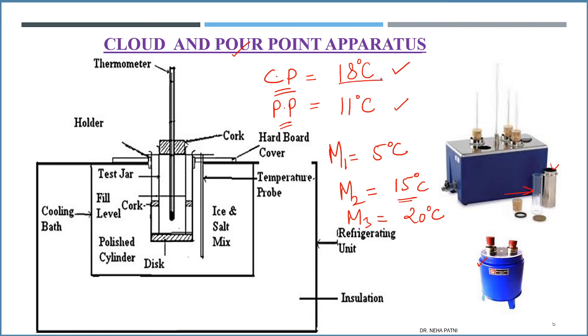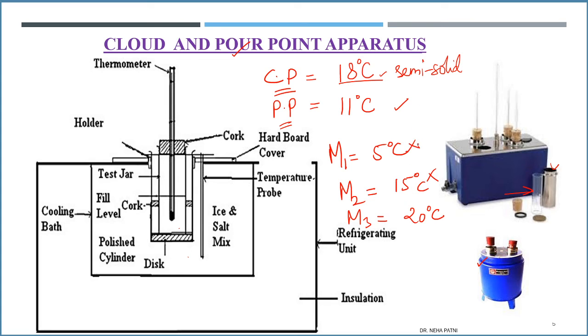That means the cloud point is reached, right? 18 degrees is higher, so the cloud point is reached. That means if you use it in this machine, the lubricant will be in an almost semi-solid state, because it has started solidifying. So when you use this kind of lubricant, do you really think it is going to provide proper lubrication? No, it's going to hinder the efficiency, of course, correct? So here you can't use it.